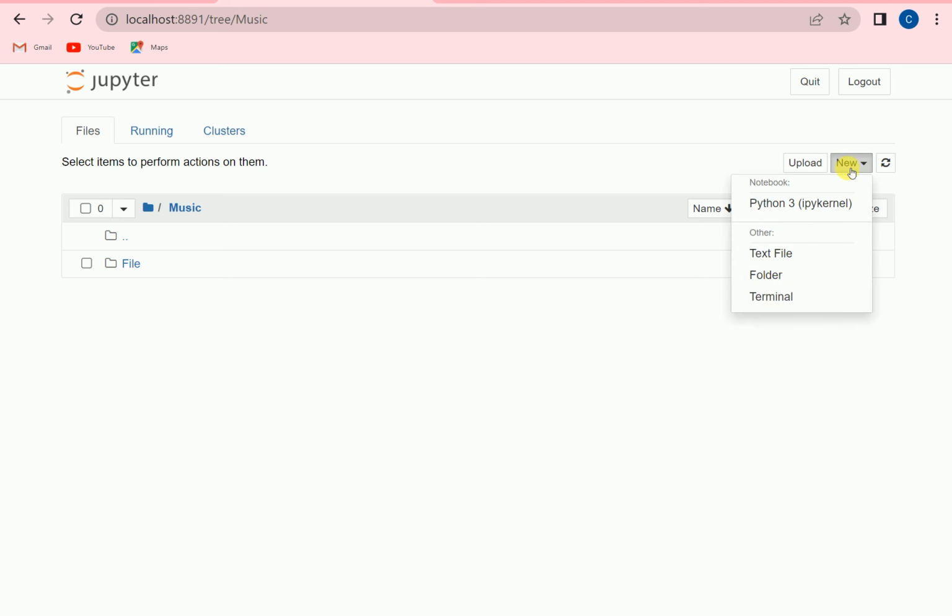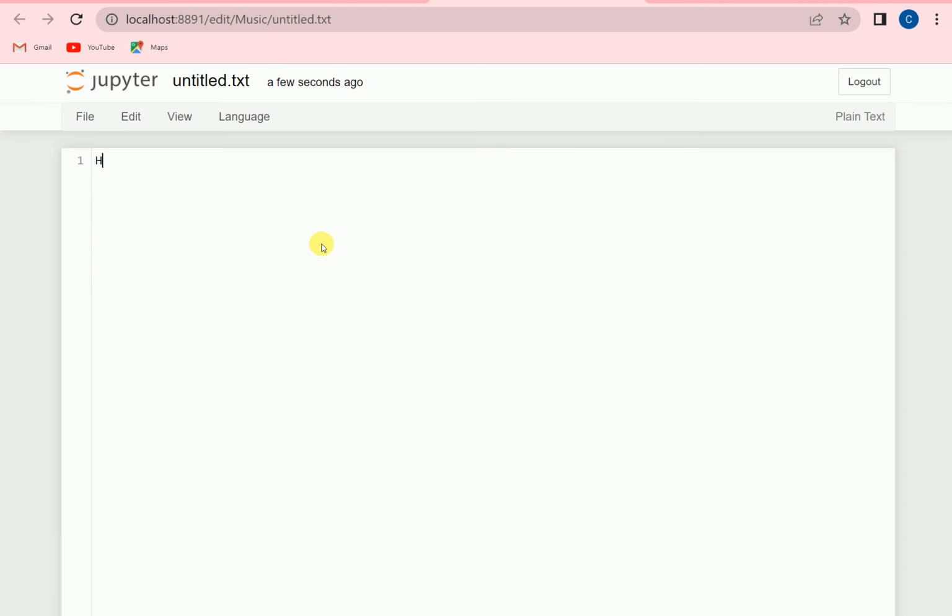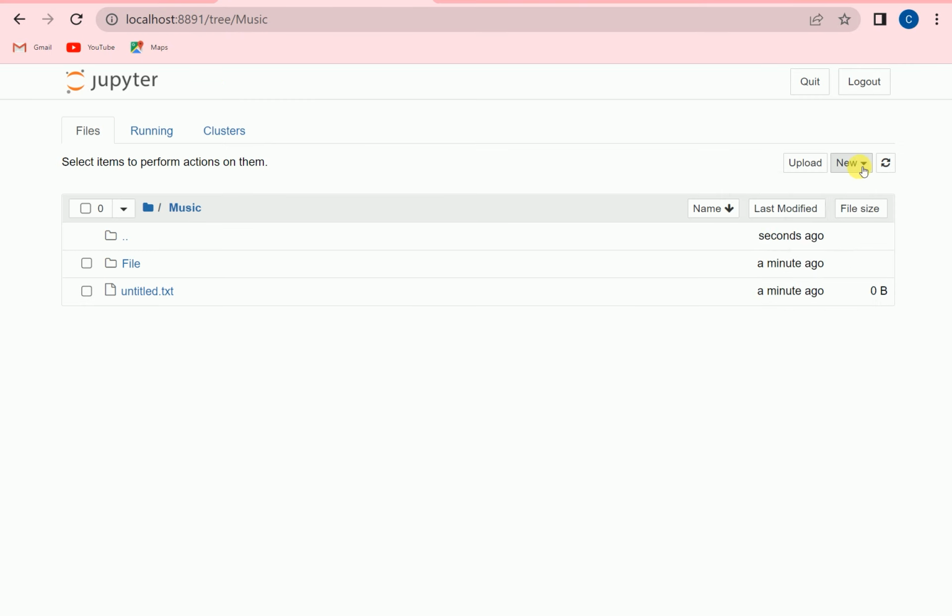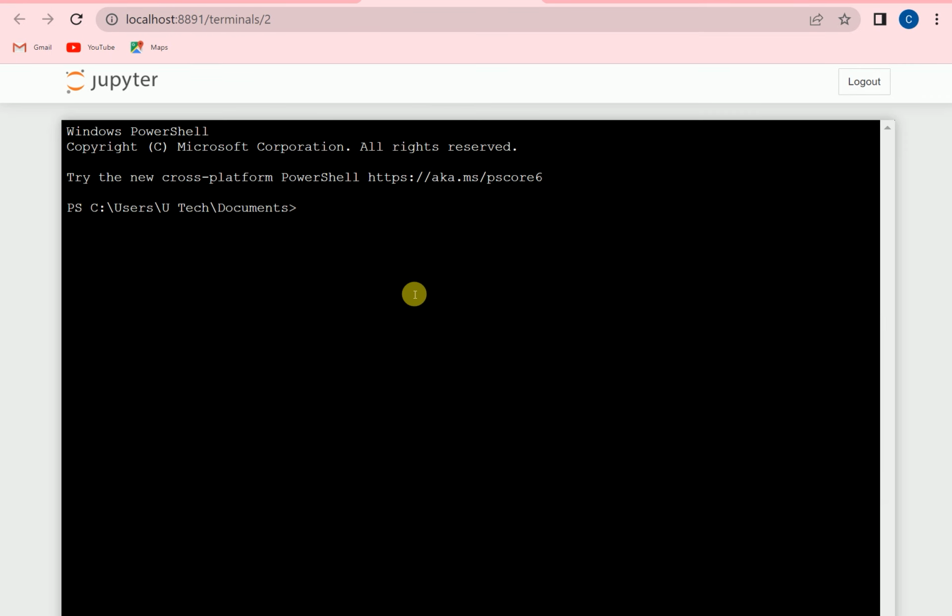We can create a txt file from there, and we can write anything. We can create a terminal here. By using the terminal, we can install libraries. To install a library, we can use pip install abc. So abc can be any library, and if we want to uninstall the library, it is the same way,